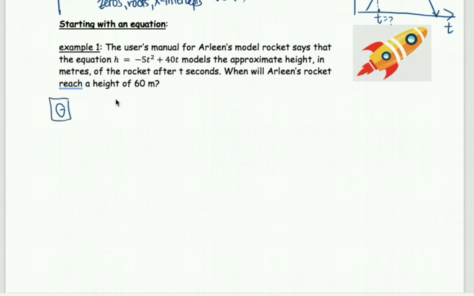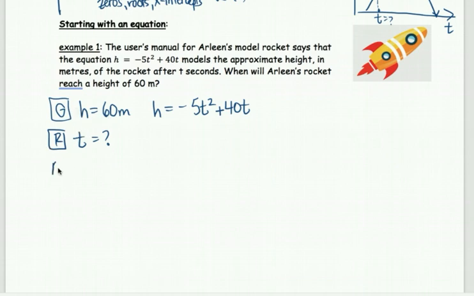Okay, so we know the height that we're analyzing is 60 meters. We have our equation. And our goal here, the thing that's required, is that we need to know the time. The rocket is at 60 meters. So we're going to go through, and because it's asking you to find the time, we need to find,